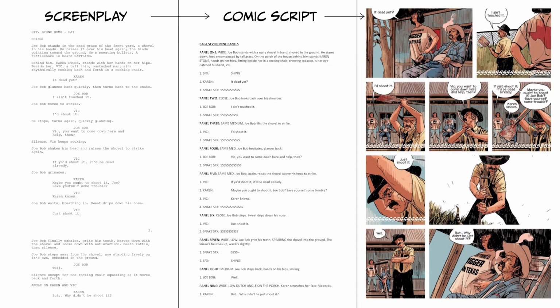In fact, Chris showed me how a page from issue 1 went from screenplay to comic book script to final artwork. If you would like to download a high-resolution PDF version of the graphic I have on screen right now,